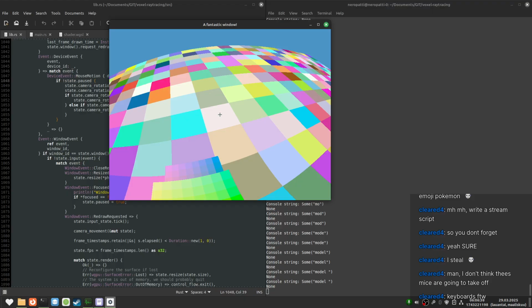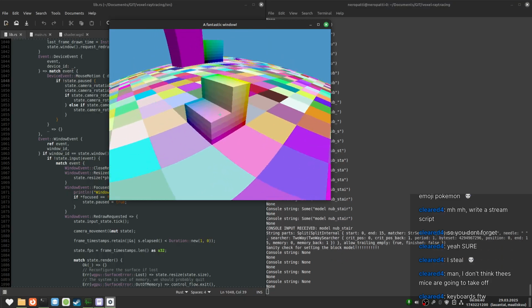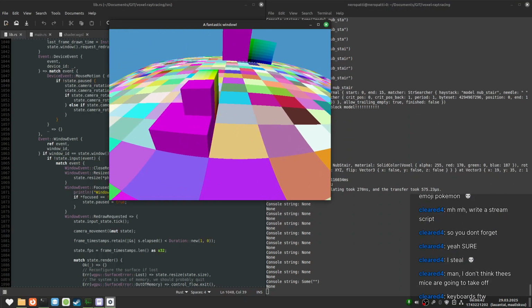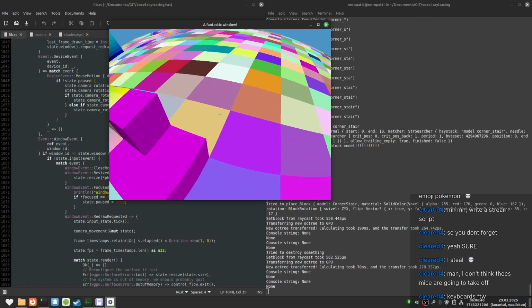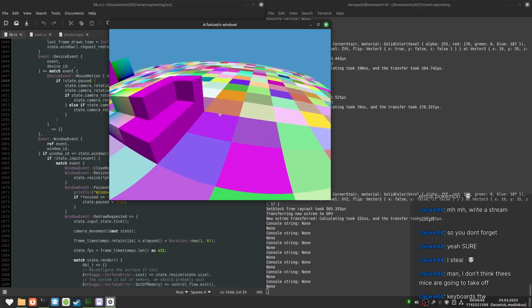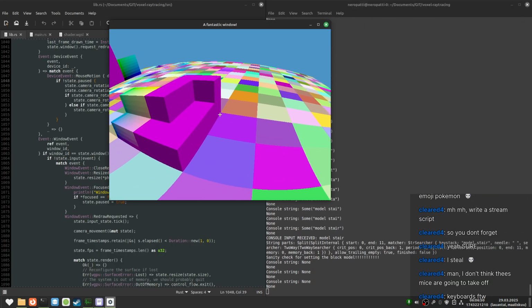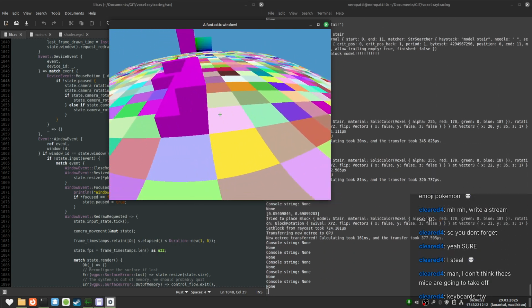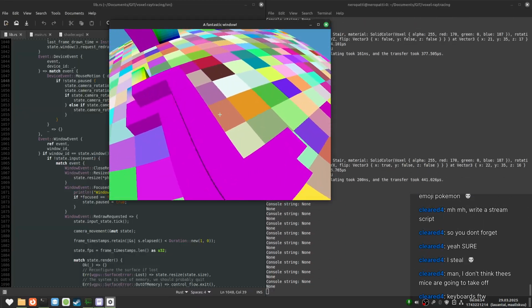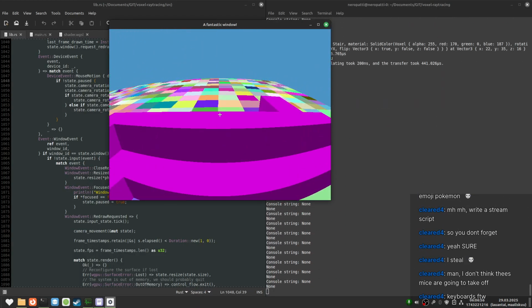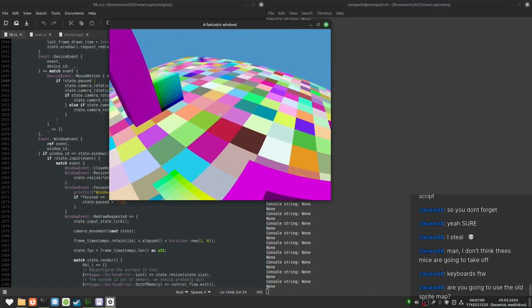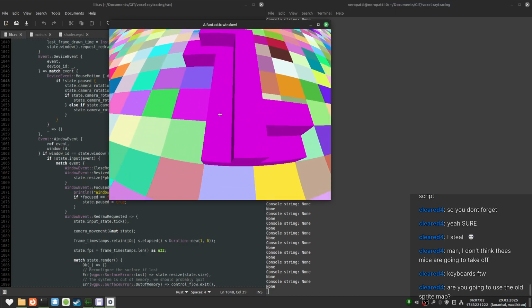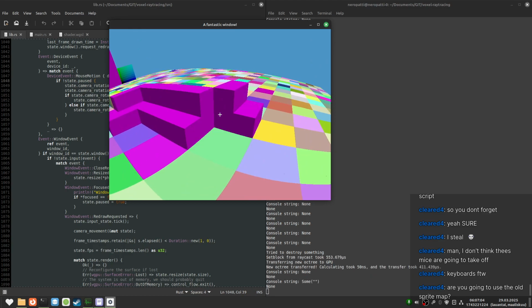Also we have the models for knob stairs and corner stairs. It's supposed to be this way. We don't have stair connecting yet. I haven't figured out the rotation logic for that. Also, stair stepping is the thing that I want to do. If everything goes right, we have stair stepping at the end of the stream.